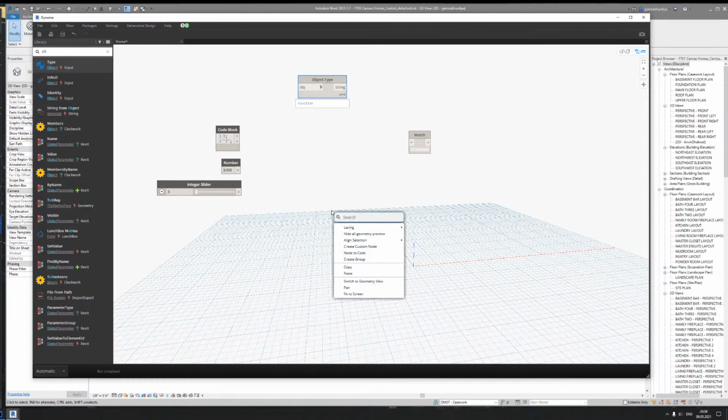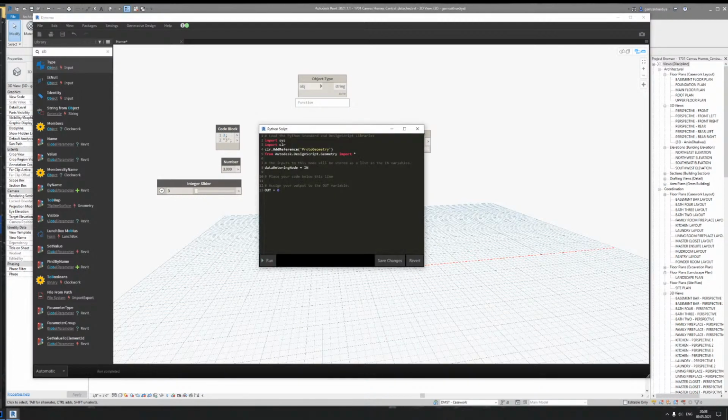Okay, and let me find my Python. Here is my Python script. What we can do, actually, we can do everything we want with Python. It's limitless, only your imagination, as always. Let me go inside, and I will say